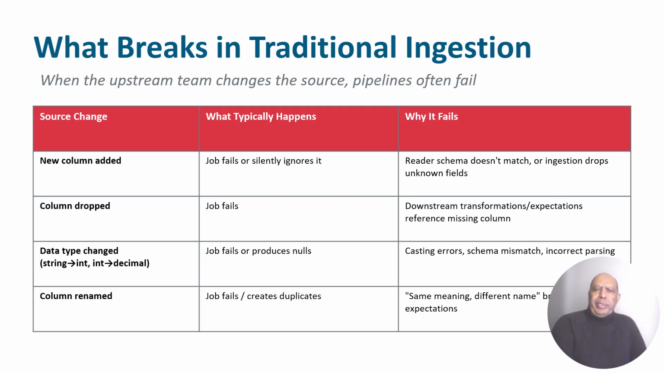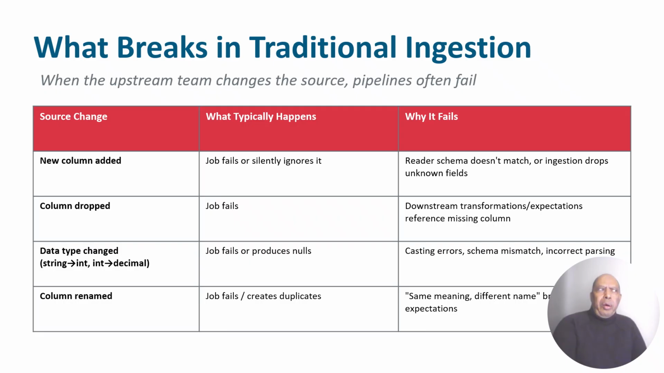New column added. Traditional pipelines have fixed schema. When a new column appears, the reader either fails because it was not expecting it, or it silently drops the column because it is not in the expected schema. Either way, you lose the data. Now, what about column dropped? Even worse, if a downstream transformation or expectation references that column, the entire job crashes, and you might not find